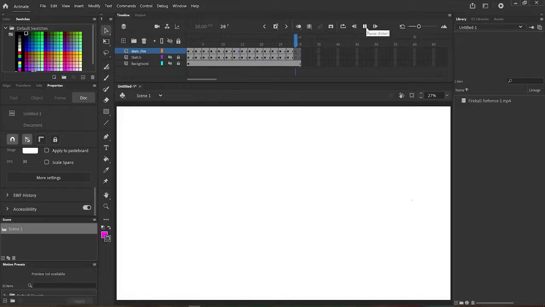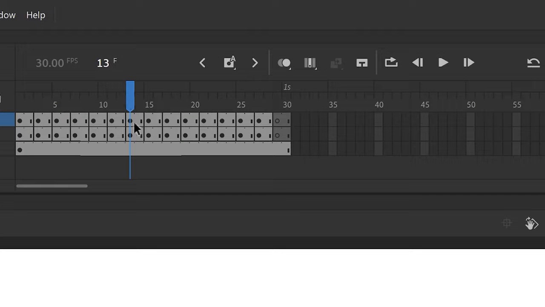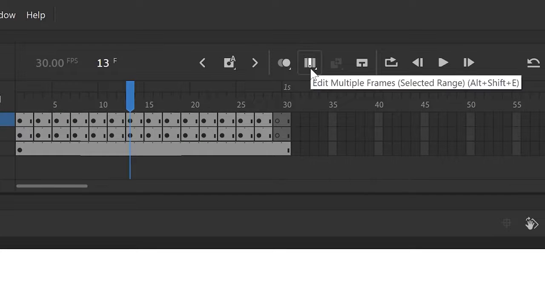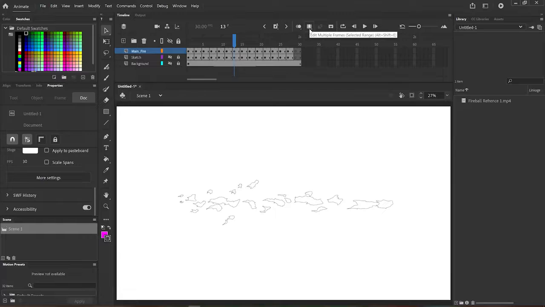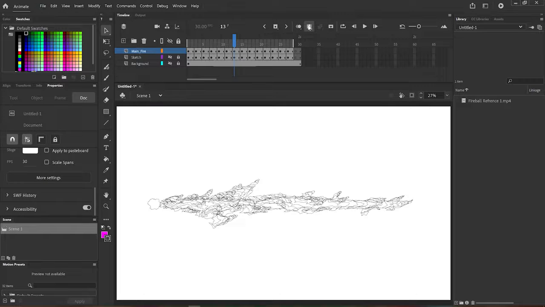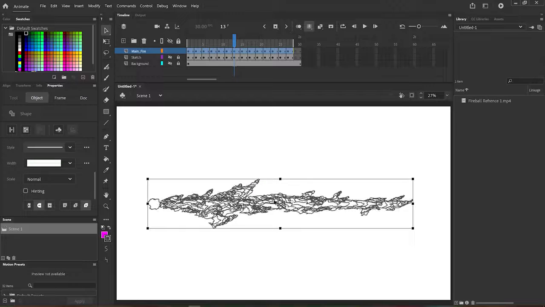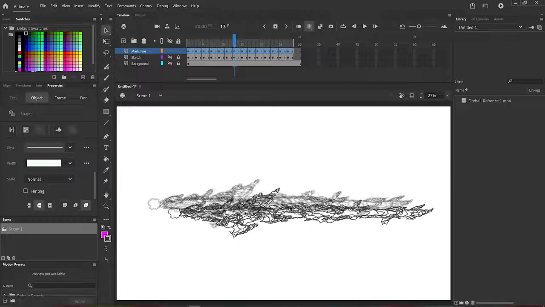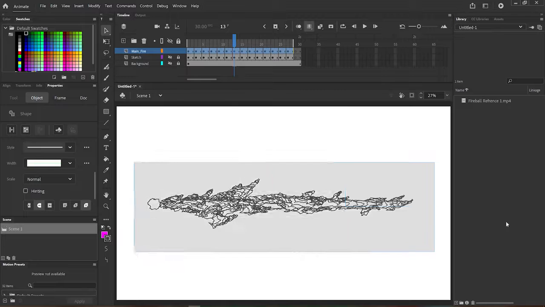Here's what our outline looks like. They're pretty good, I gotta say. Great job! Just so you know, if you wanted to make any big changes to this, you can do it with this button right up top next to the onion skin called Edit Multiple Frames. It has range controls just like the onion skin, but it actually allows you to edit all the frames at once. Yeah, so we could move it over if it's not centered properly,